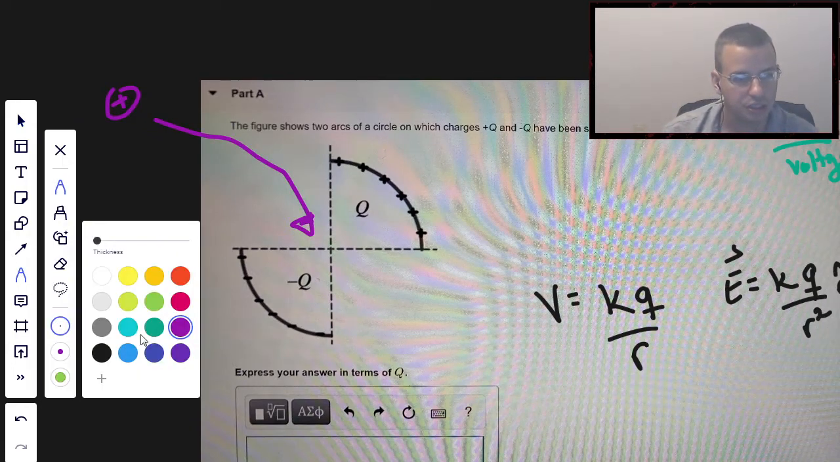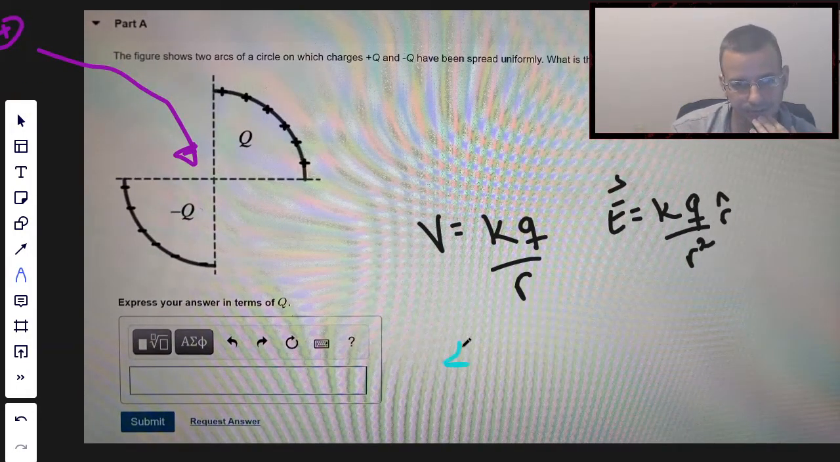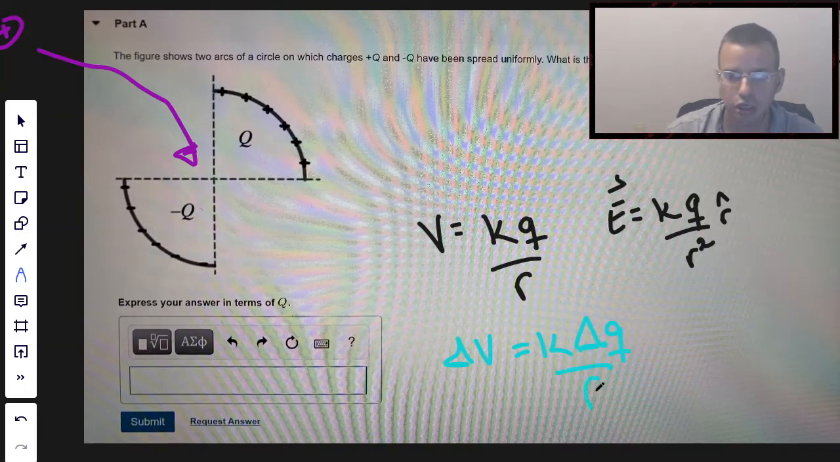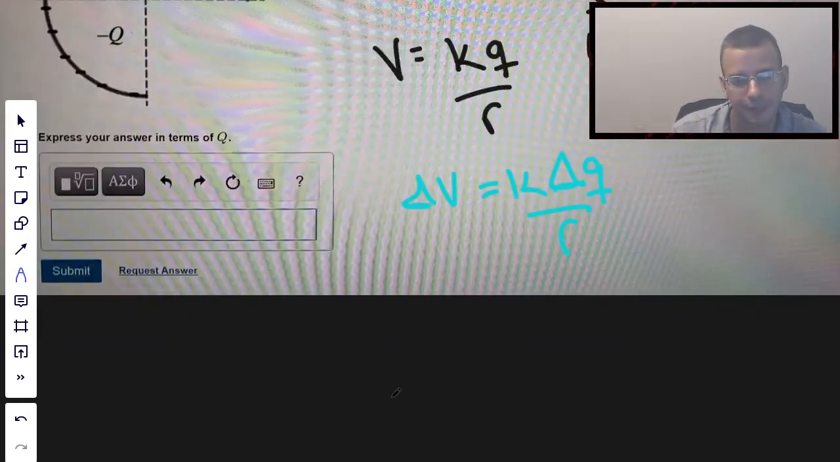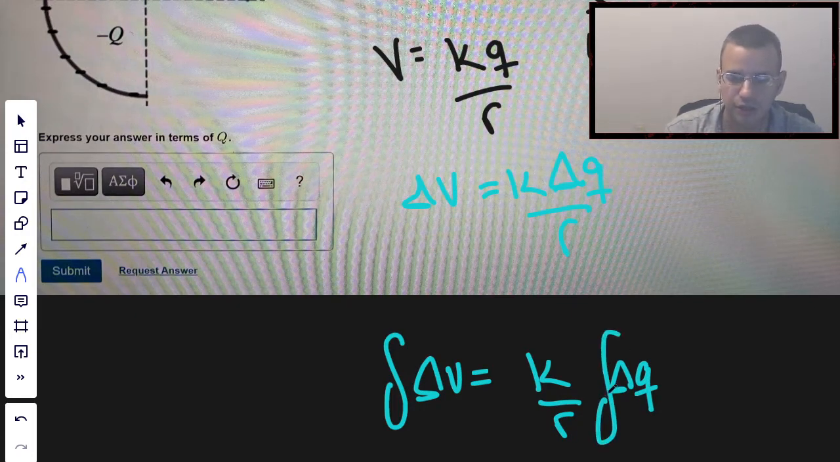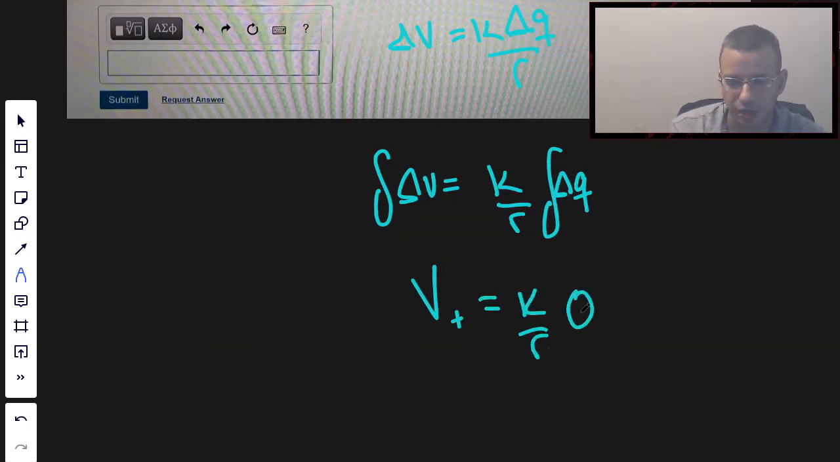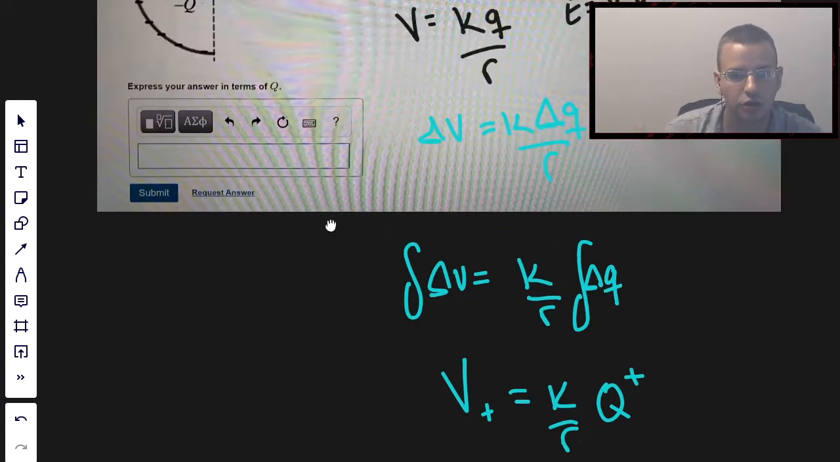So looking at this from a slightly more math point of view, I'm going to say that a small amount of voltage is K, small amount of charge over R, where R is uniform. To solve this, we'll take the integral of both sides. K over R, pull it out of the integral because it's uniform. And so we get K integral delta Q. So the voltage of the positive side is going to be K over R, and I'm going to call this positive Q, because if we integrate over the charges going this way,